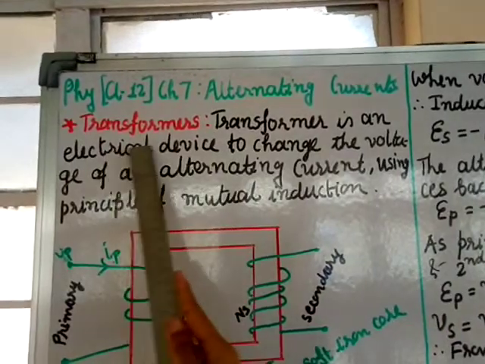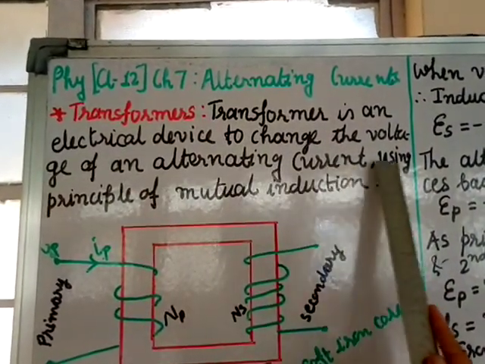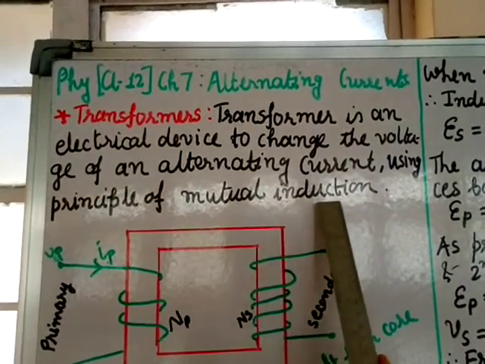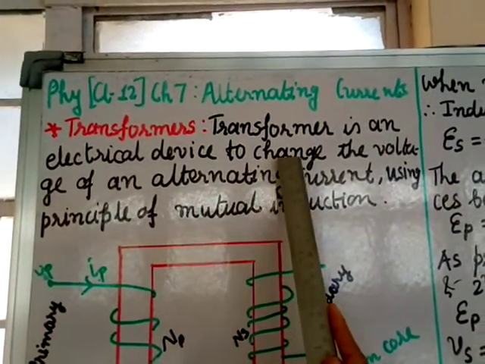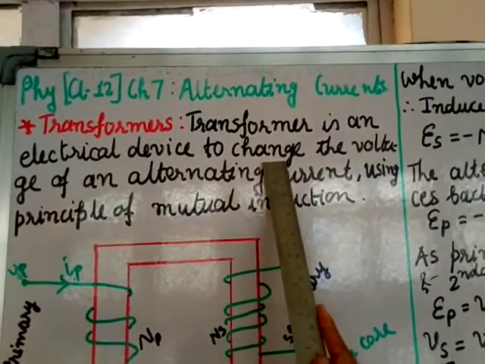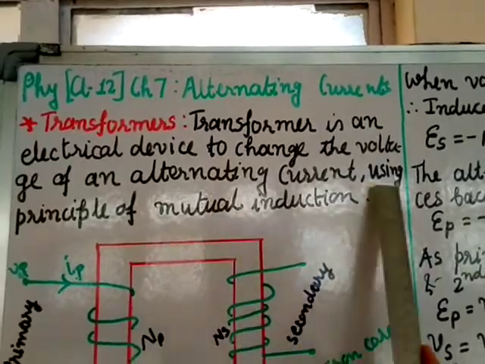Transformer is an electrical device to change the voltage of an alternating current using the principle of mutual induction. So transformer is an electrical device. It is used to change the voltage. Change the voltage means increase the voltage or decrease the voltage in AC, and it is using the